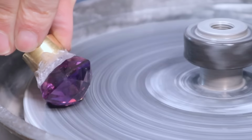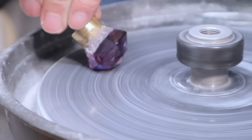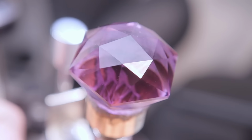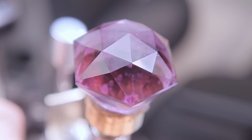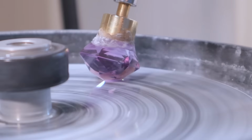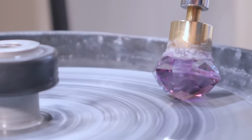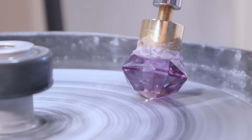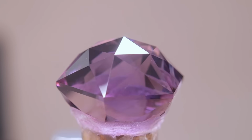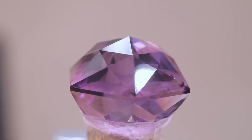Sometimes quartz polishes really easily, and sometimes it just likes to be troublesome and not take a polish very well. It just seems to vary from piece to piece. This piece has some of what I think is called fishbone effect happening, if I remember that name right. This is a common thing for quartz. Some of the facets have some noticeable surface grooves and patterns that show up while polishing. This is because of something to do with the structure of the quartz. I don't know the details of why it happens, but it does. For the most part, this effect isn't really eye visible on this stone. Some amethysts that I have cut in the past have given me more trouble, but this one wasn't too difficult